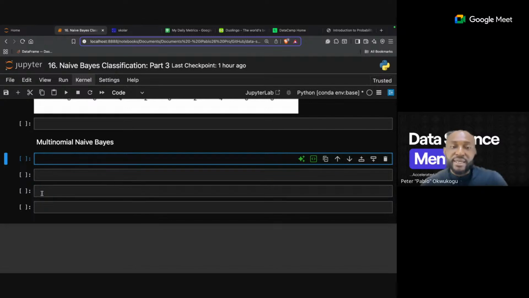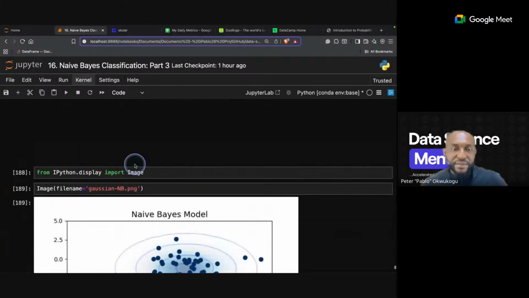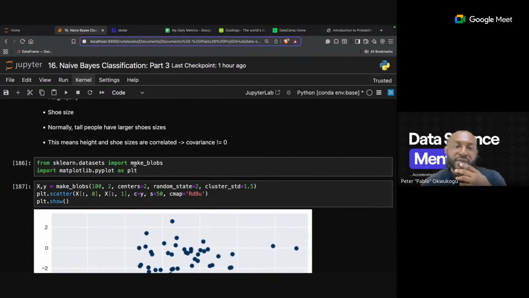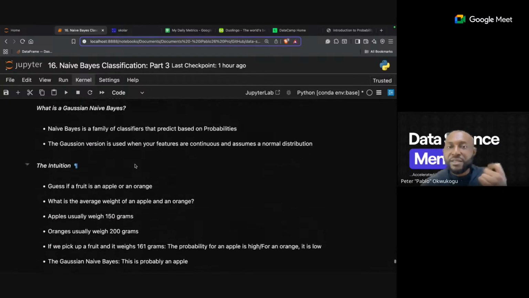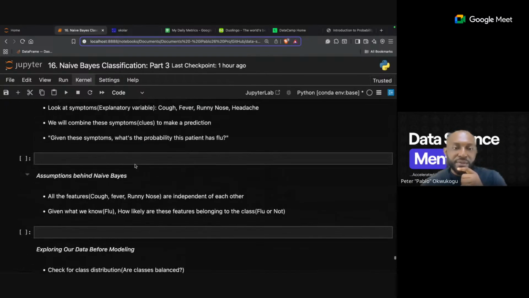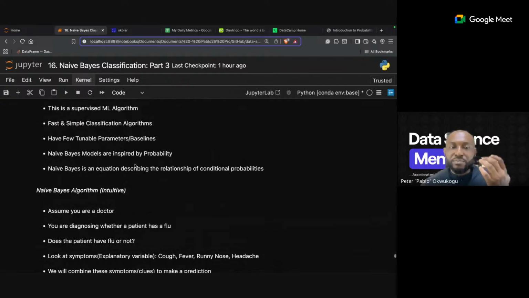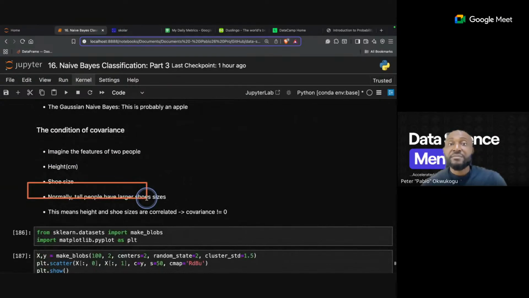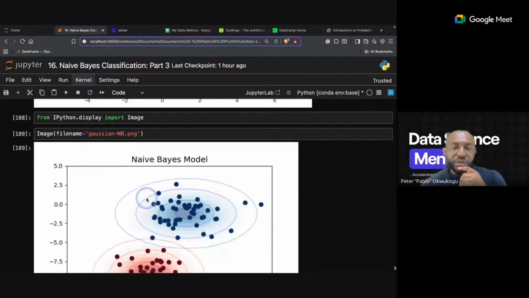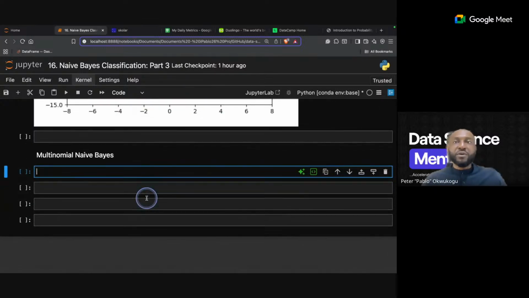But today, what we're looking at is multinomial naive Bayes. We've been looking at the Bayes. It's part of a category, a family of algorithms called the naive Bayes algorithms. If this is your first time, you need to go check out what we have been doing. But also, this is a point for you to learn bits and pieces of what these ML algorithms do